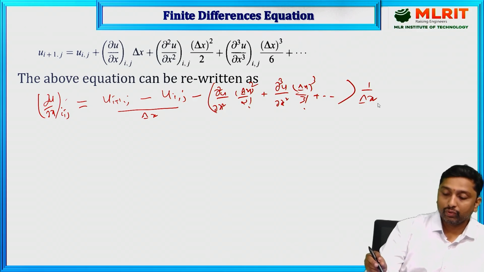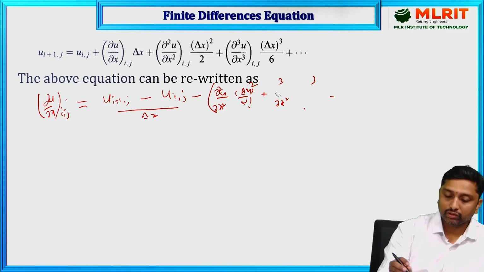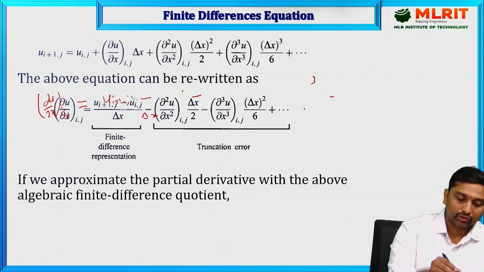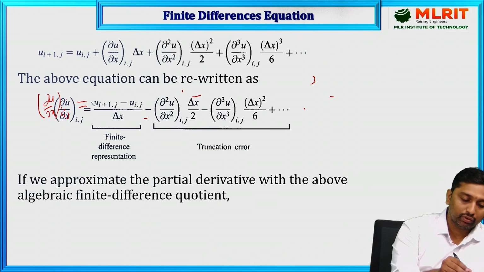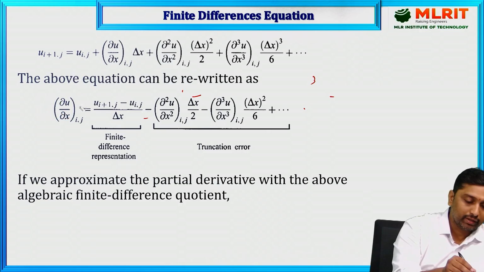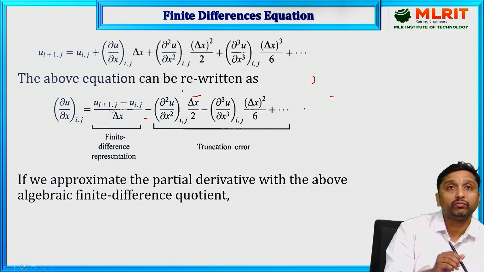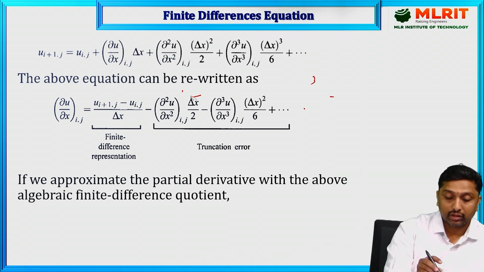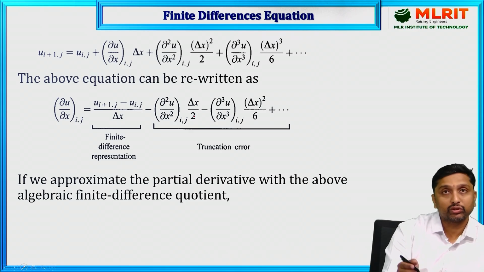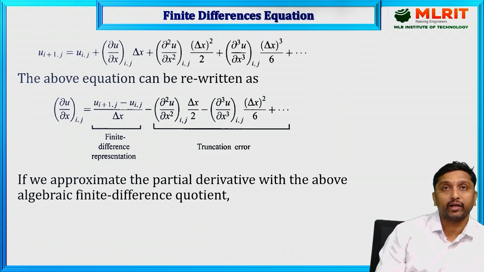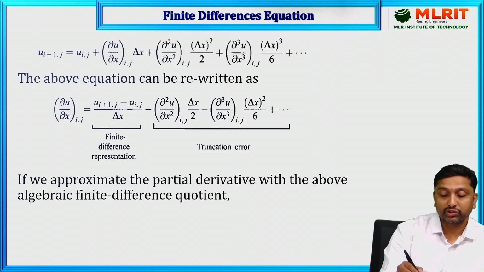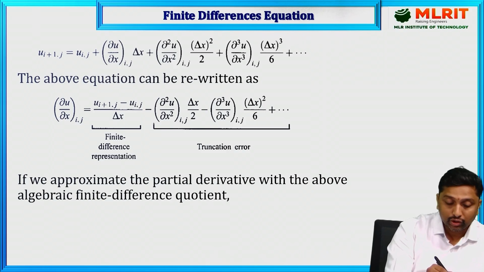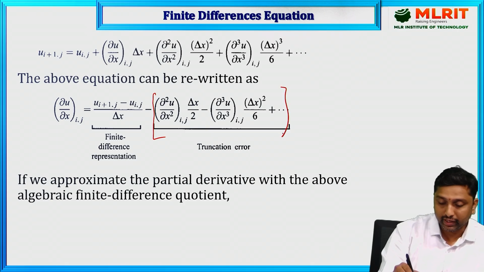So what I can do is rewrite the whole equation in this form, where I have ∂u/∂x at i,j equals (u_i+1 − u_i−1)/Δx, and ∂²u/∂x² into Δx/2, because it is divided by Δx again, and ∂³u/∂x³ into Δx²/3!. So all this, if we assume to be error,